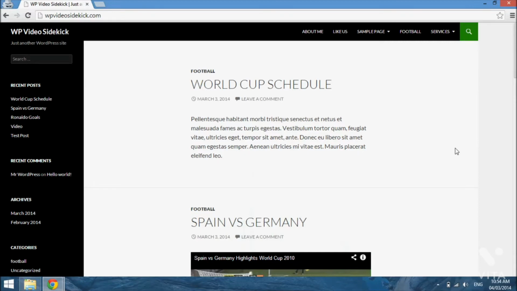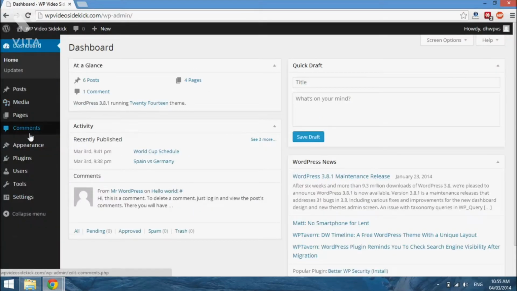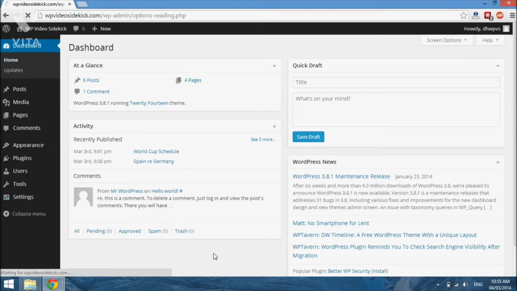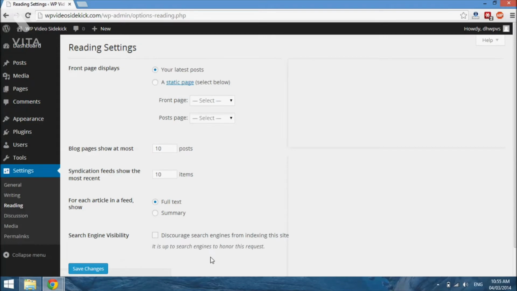And if you also want to have a more traditional site where you have no posts, then what we do is go into our dashboard and go to Settings and go to Reading. And you will see an option that says Front page displays. Now, as you can see, the radio button has selected your latest posts. As we said before, this is the default, but you can put a static page,